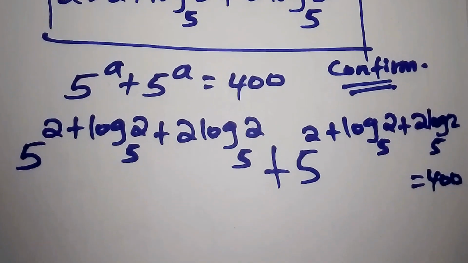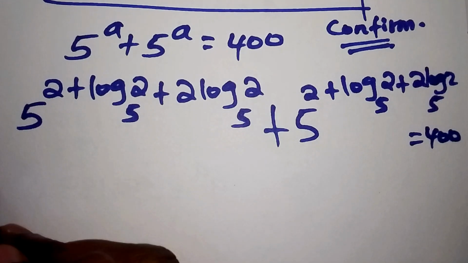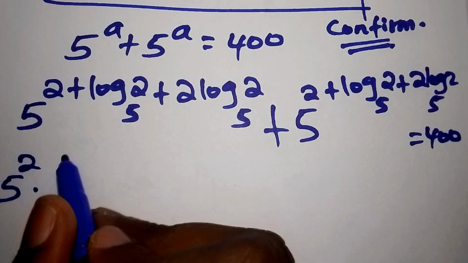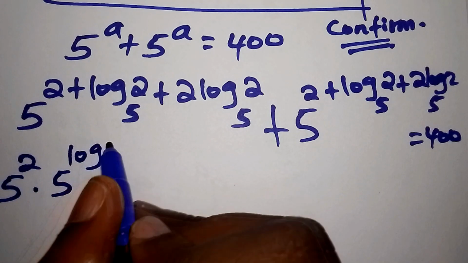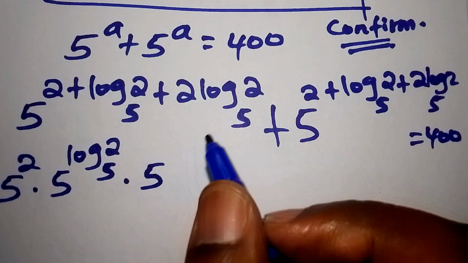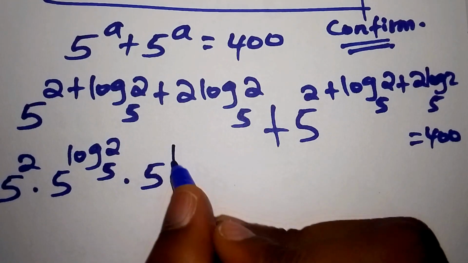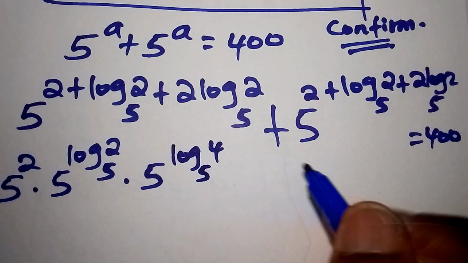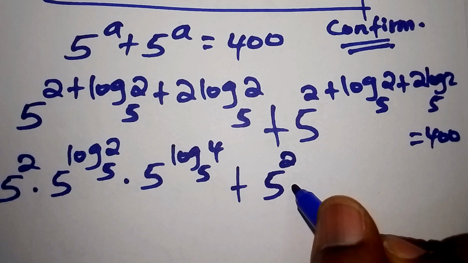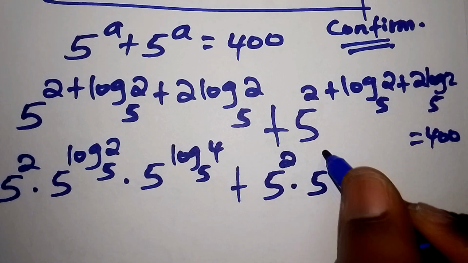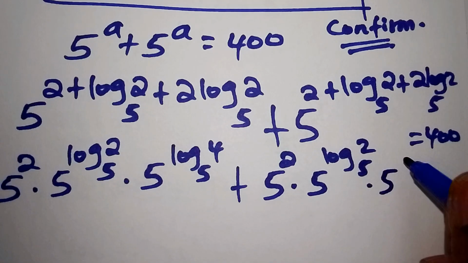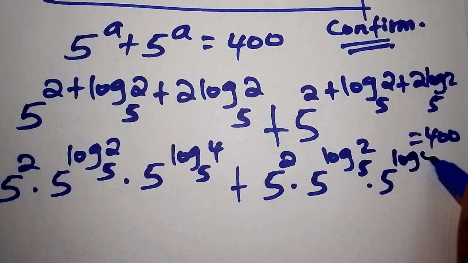400. So here we shall write it as 5 to the power of 2, then the plus shall change to multiplication, so we shall have 5 to the power of the log of 2 to the base of 5, then the plus shall change to multiplication, 5 to the power of, so the 2 log 2 shall be written as the log of 4 to the base of 5, then we still have plus, then 5 to the power of 2, then multiplied by 5 to the power of the log of 2 to the base of 5, then multiplied by 5 to the power of the log of 4 to the base of 5, is equal to